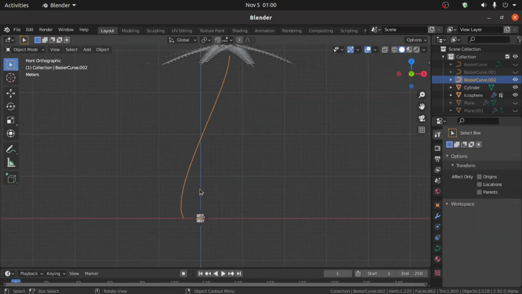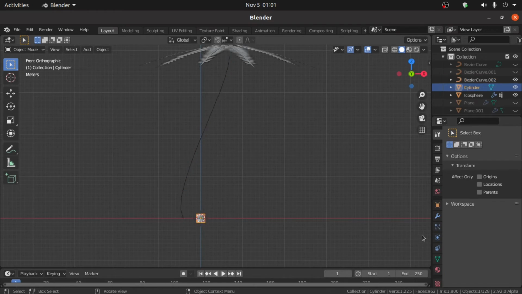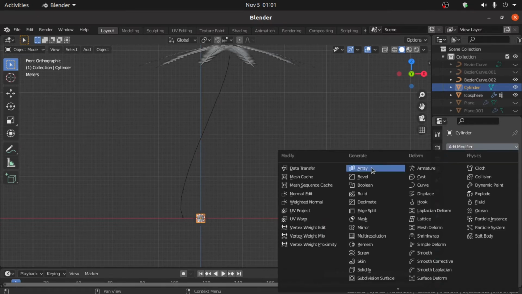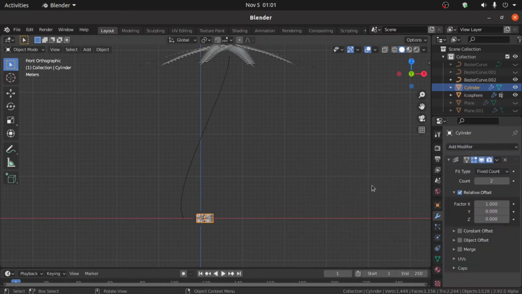like this. Now select this cylinder, then click on this modifier properties, then click on this add modifier, then click on this array modifier, and under this relative offset change x factor value, that is 0, and increase z factor value, that is 1, and we have to repeat this count value something like this.